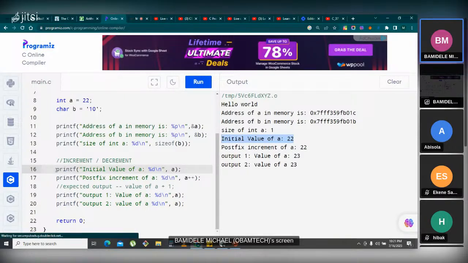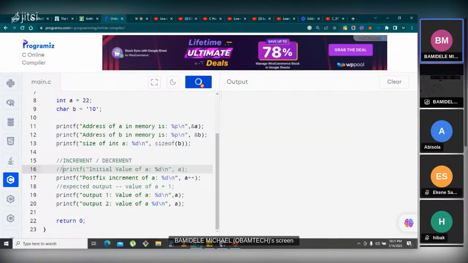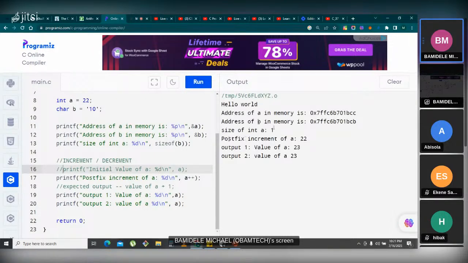Now let me clear this initial value of A, and let's see what the result will be. We had 22, 22, 23, 23. Let's see. Can you see? At the point that the postfix was added, A was still 22. But when we printed it again,